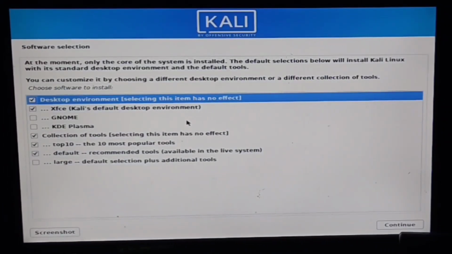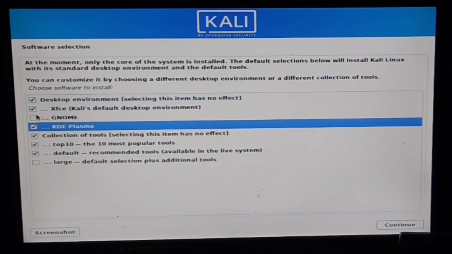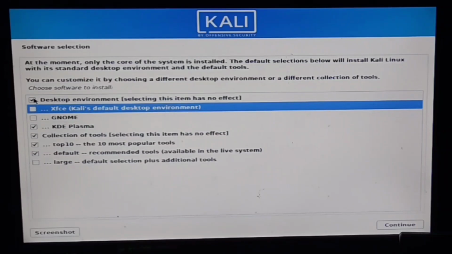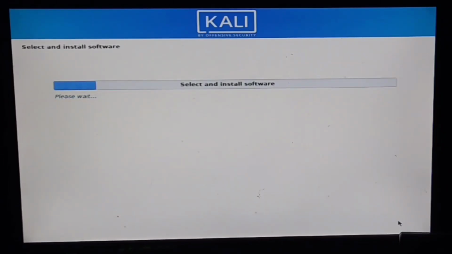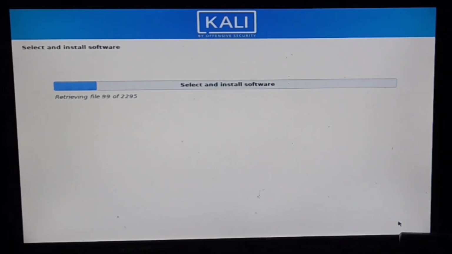Now finally you see the options for the desktop environment. I'll select the KDE Plasma environment and press continue. It takes some time.